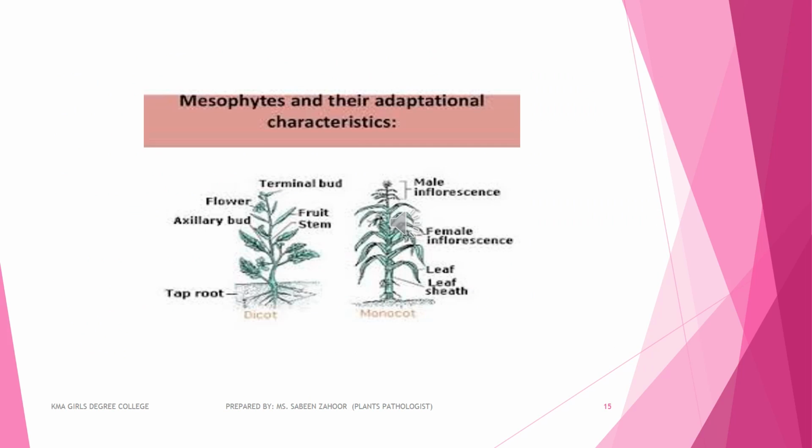now, girls, mesophytes are divided into two main categories. One is the monocot and the other one is the dicot. Now what is the difference between the monocot and the dicot? Monocots are those plants which produce a monocotyledonous seed, whereas dicots are those plants which produce a seed that depends on two cotyledons, right? The basic difference between monocot and dicot is that one has a monocotyledon and the other has a dicotyledon in the seed.